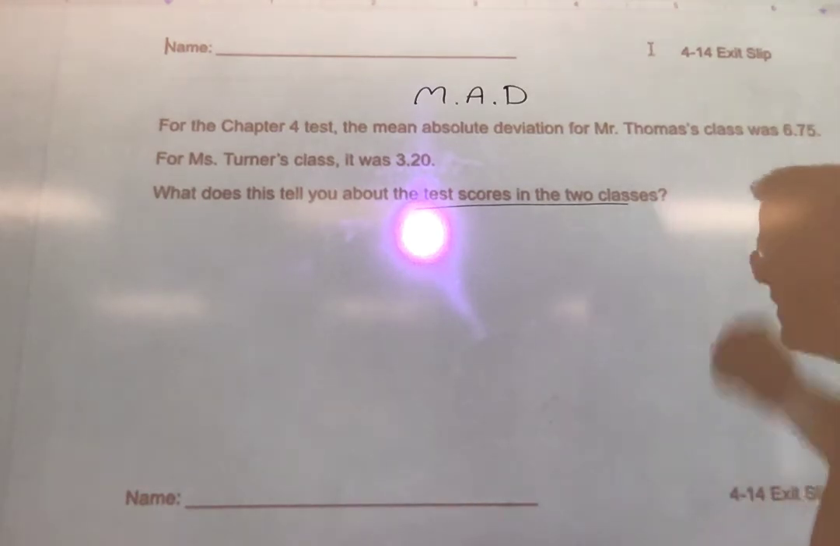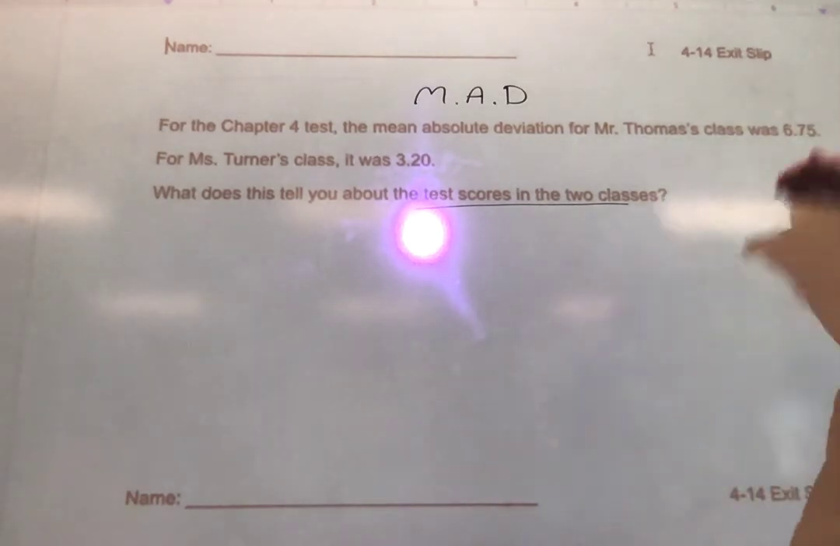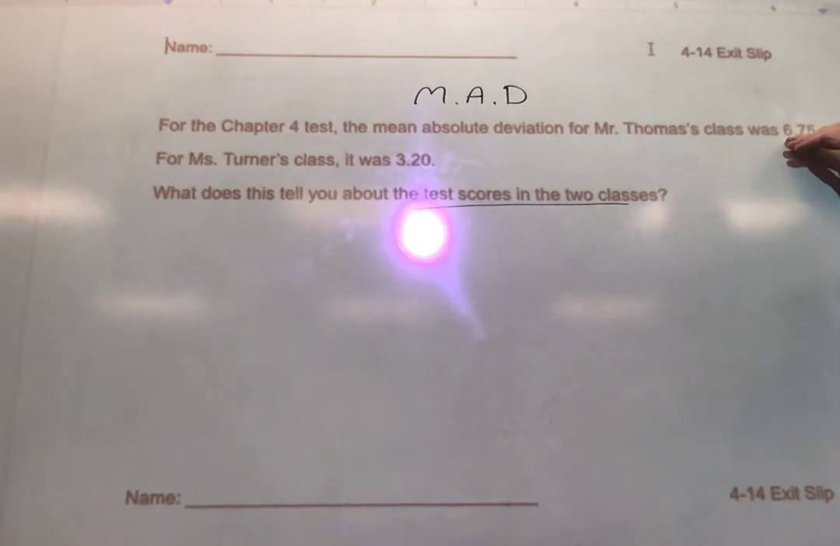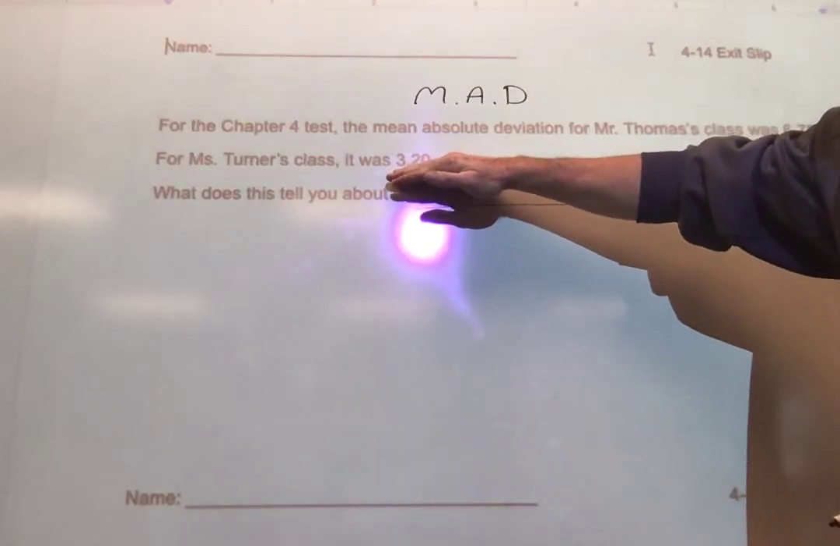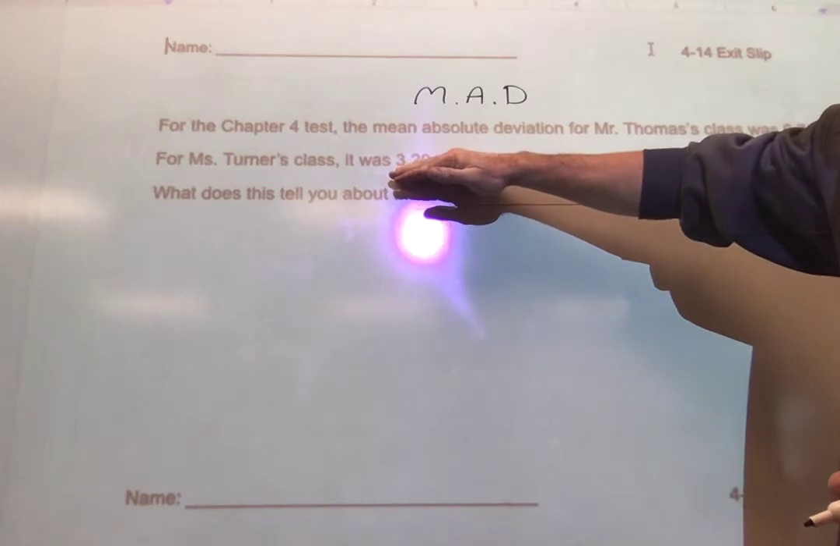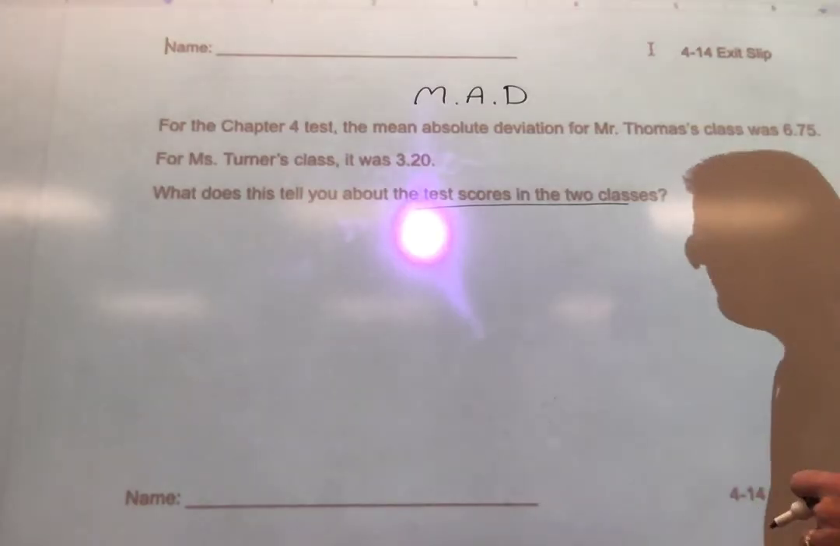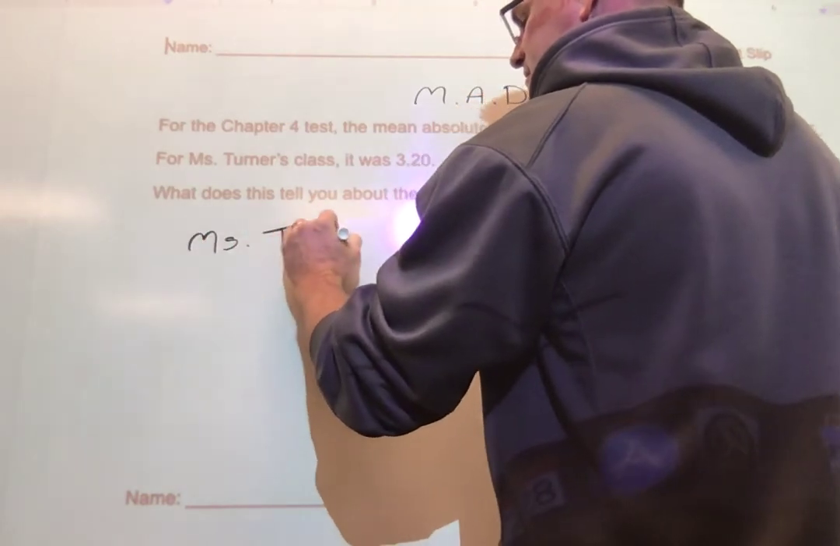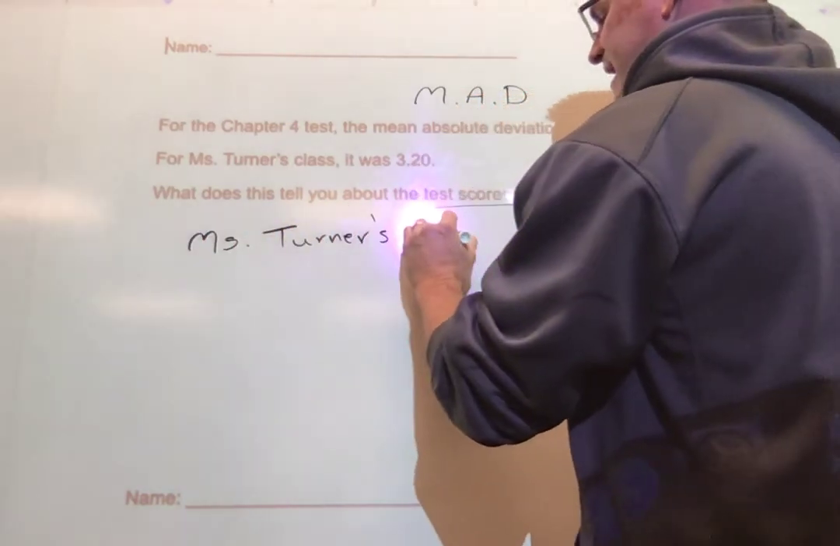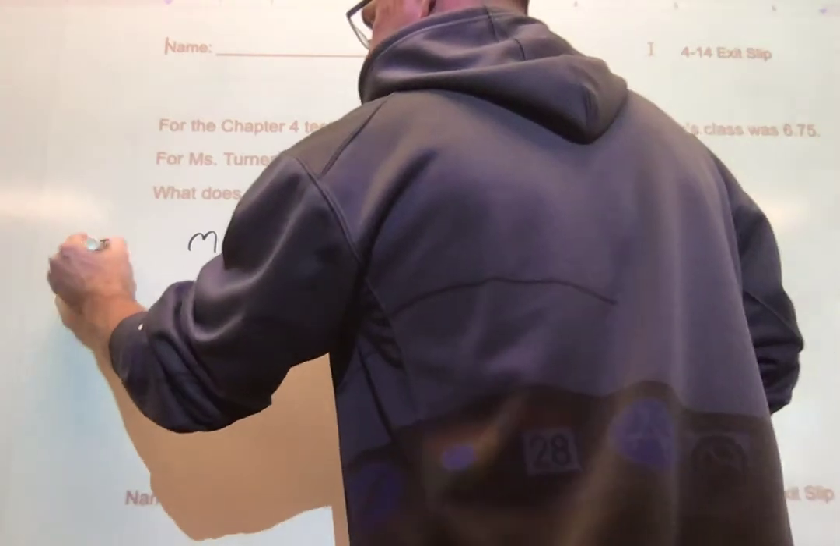Okay, what it does tell us is that the kids deviated more in this class. They're further away from the class average on average. All right, in this class, I would say in Miss Turner's, more kids were close to the average because this is a smaller deviation. They were closer to that class average. So that's one thing I would write: in Miss Turner's class,